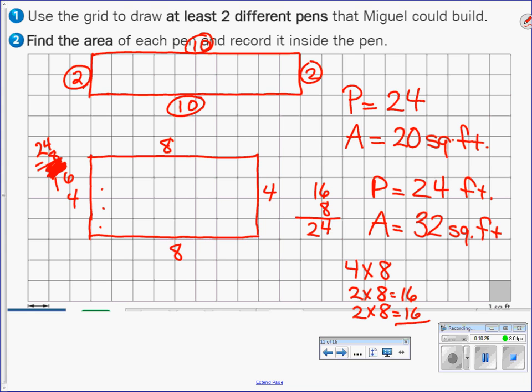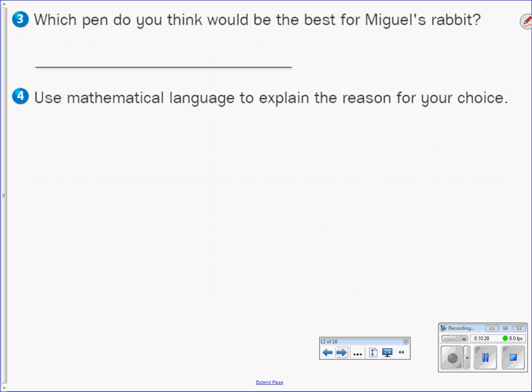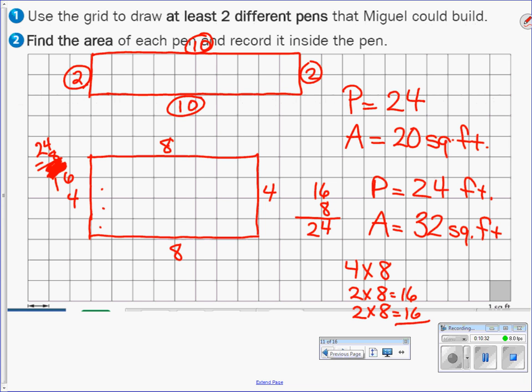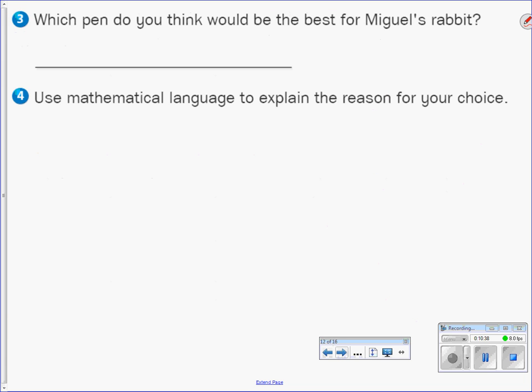All right. So let's see, our next question wants to know which pen do you think would be the best? Well, that's your own opinion. I think that pen B, my second one, my 4 by 8 would be the best. And I think it would be because